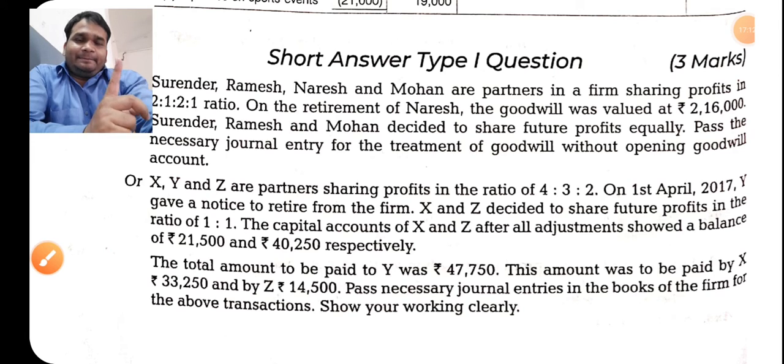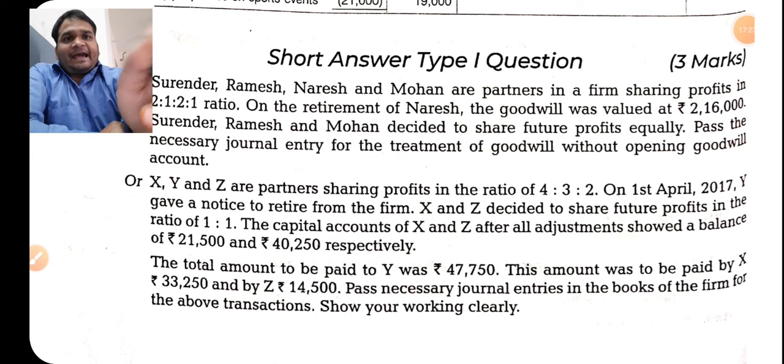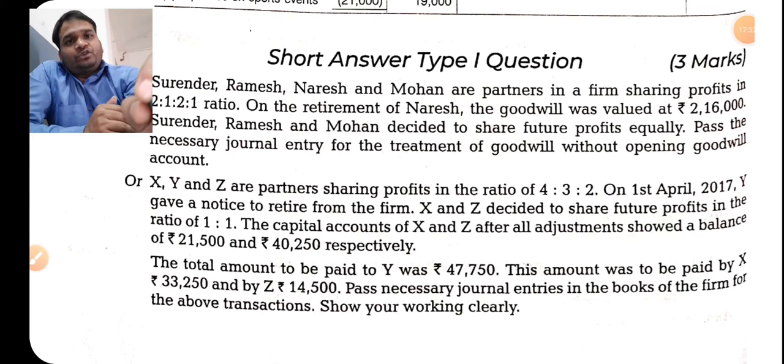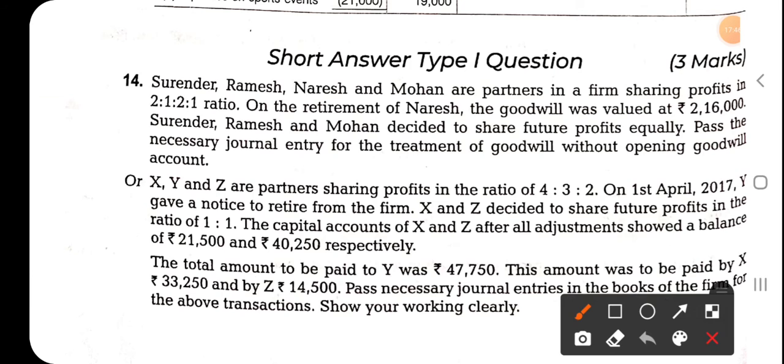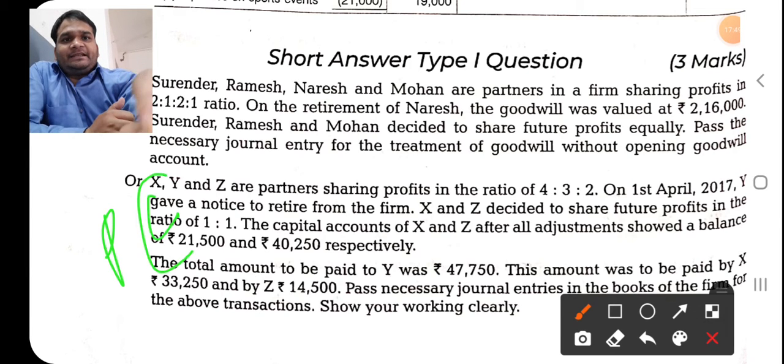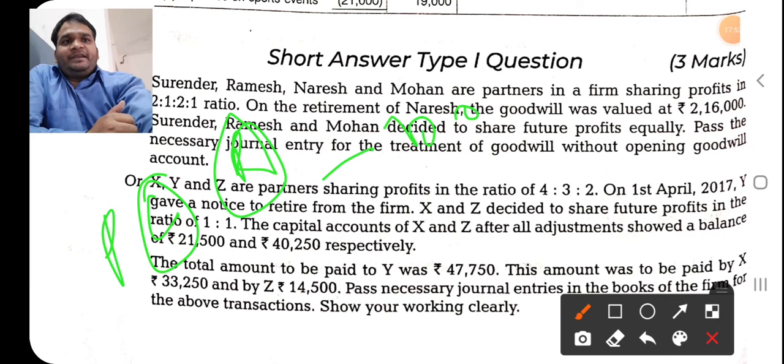As in this case the retiring partner is getting the goodwill amount, the retiring partner's capital account will be credited, because their capital account is increasing. The remaining continuing partners are paying the amount of goodwill, so we can say that their capital is getting reduced. I hope you have understood what the journal entry will be. When the capital is reduced, it should be debited.